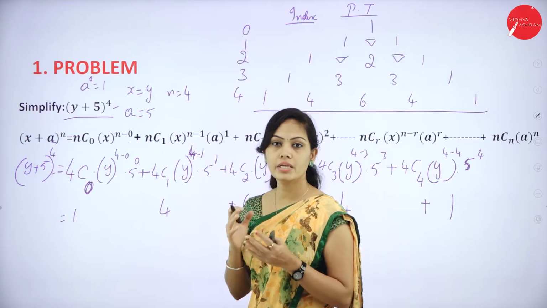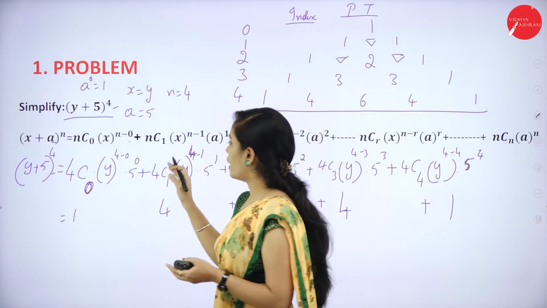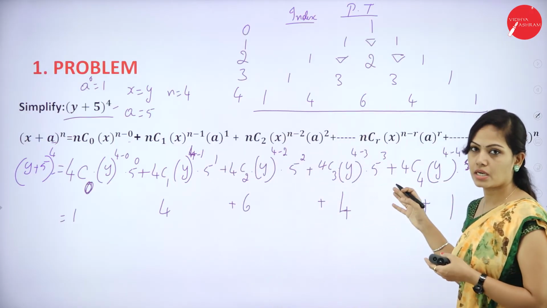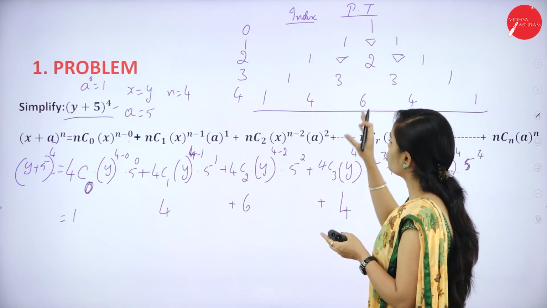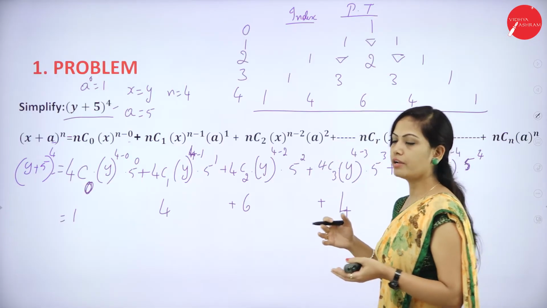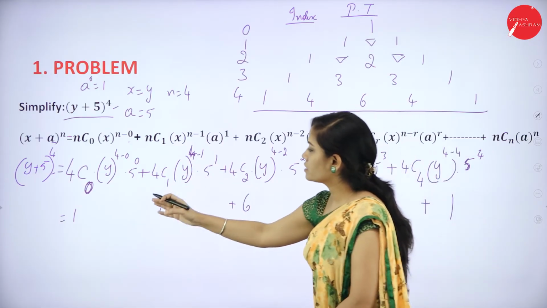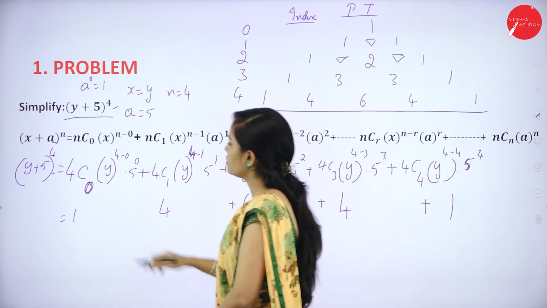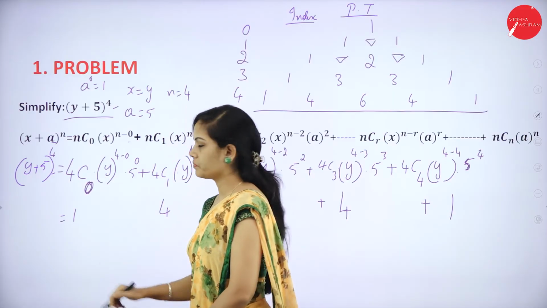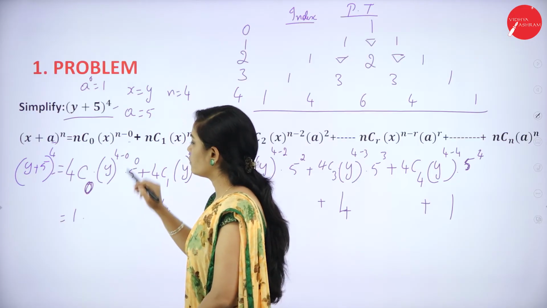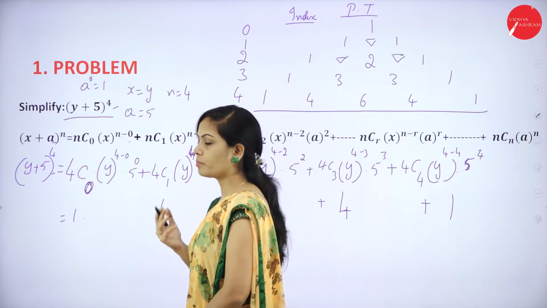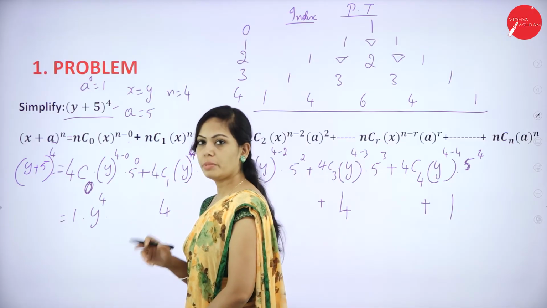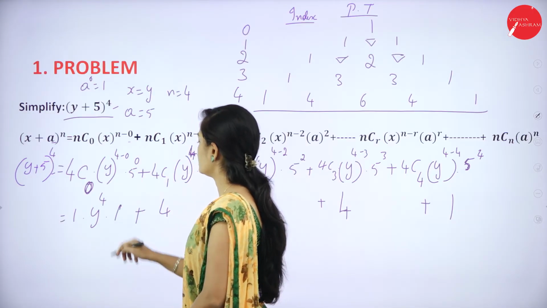But it is very difficult. So, every time you have to find out 4C0, 4C1, 4C2, 4C3, etc. So, because of that, by using this Pascal theorem, easily you can find out the values of 4C0, 4C1, 4C2, 4C3, etc. So, now I will apply this directly. So, 4C0 means it is 1 into y power 4 minus 0. Y power 4 minus 0 means it is y power 4 into 5 power 0 means it is 1. If you want, you can write, otherwise you can skip.